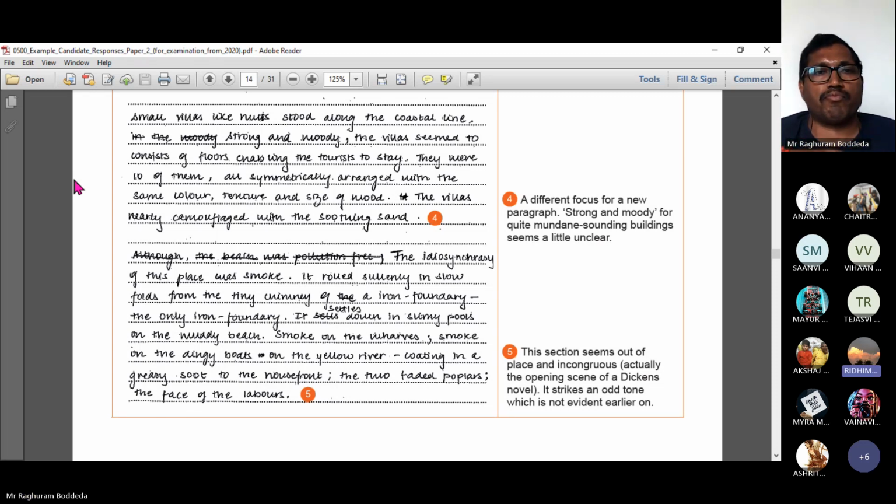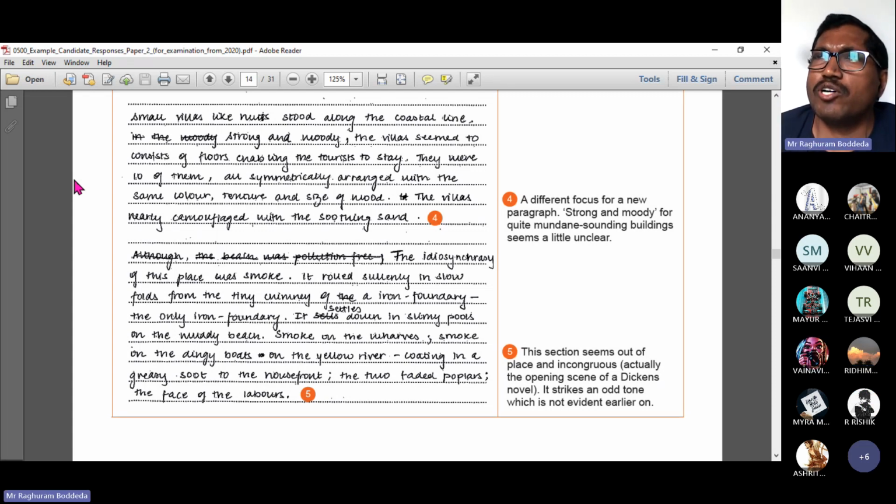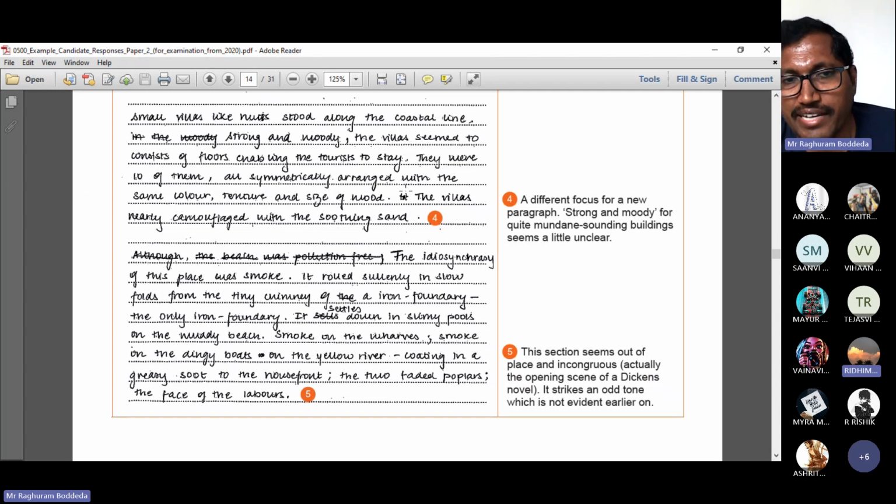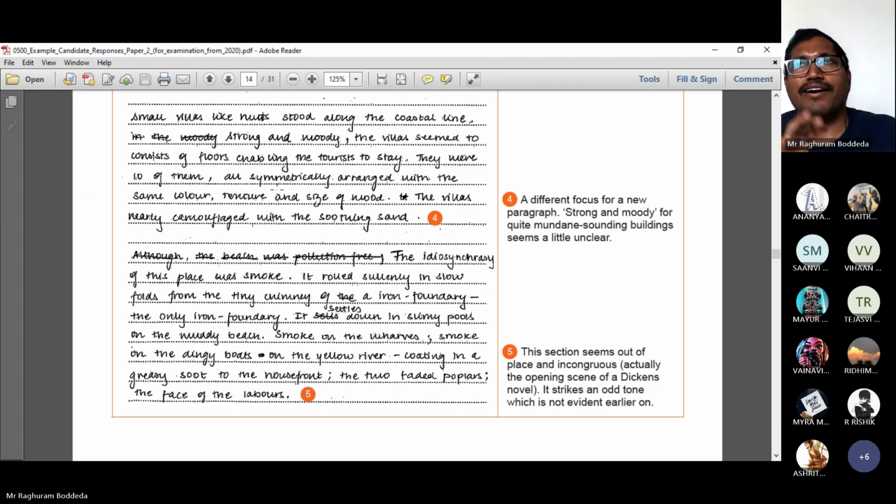The appearance of the huts. Appearance in the sense, you are talking about how they're aligning or how they're maintaining. They use one word here, symmetry, right? Symmetrical arrangement. Okay, so how they're put in an organized manner. Maybe a feel-good kind of environment. Symmetry always gives us a pleasing environment, a happy kind of moment we are talking about. Why? Because we already mentioned something about attraction for the tourists to stay there.